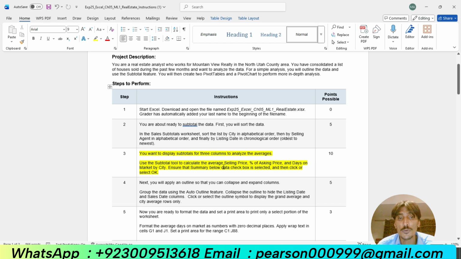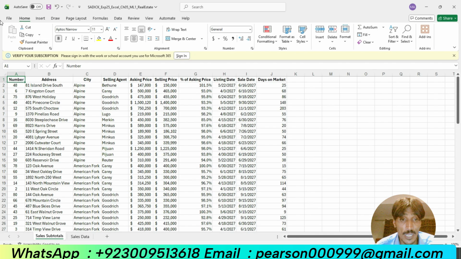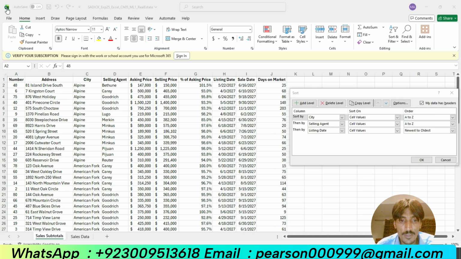Use the subtotal tool to calculate the average selling price, percent of asking price, and days on market by city. Ensure that the summary below data check box is selected and then click OK. So this was step number 3. I am going to perform it. Go to the worksheet and then